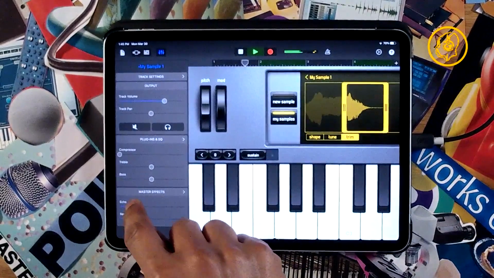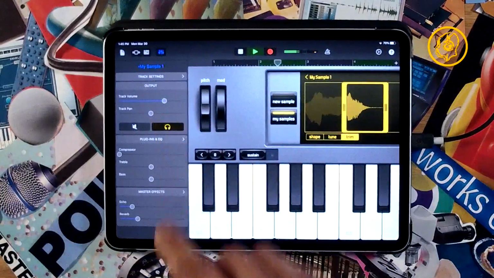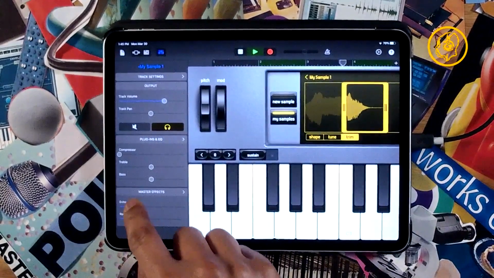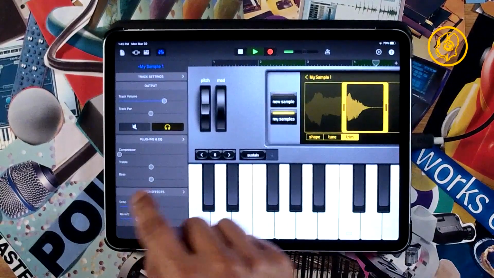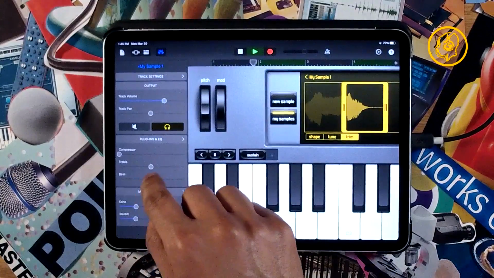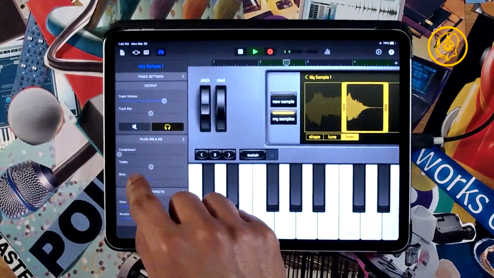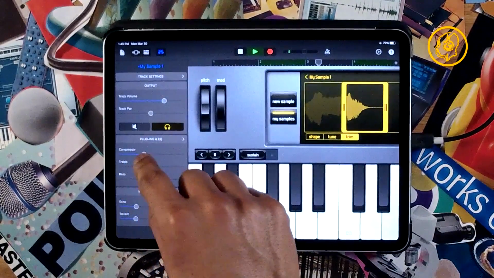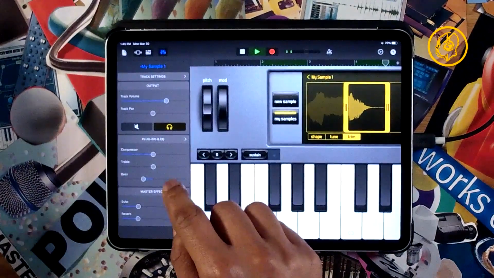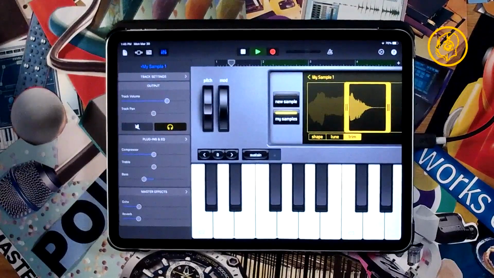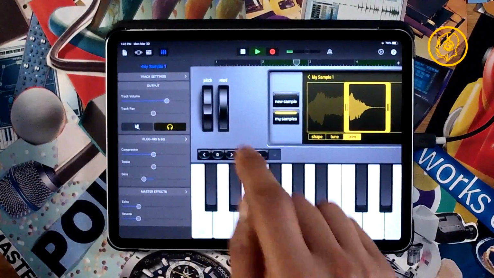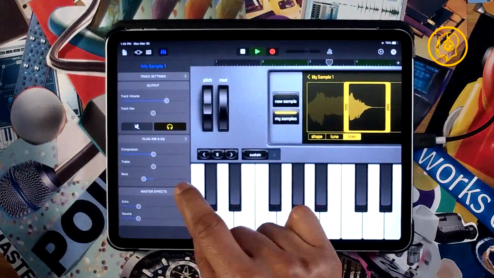You heard it? I'm solo. You hear it now. I like it. Compress it. Right, when you compress it, the attack becomes a little more prominent. I like that. It's kind of interesting.